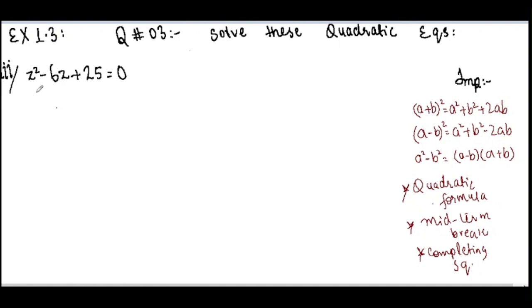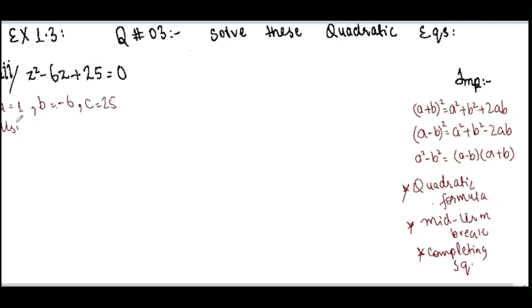So we are again going to solve it using the quadratic formula. Here everything is in the numerator, so we don't need to divide or multiply something, and we have to find the values of a, b and c first of all. So here a equals 1, b equals, the coefficient of z is minus 6, so b equals minus 6, c equals, c is the constant term which is 25.